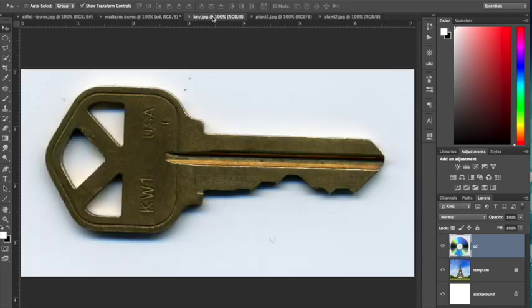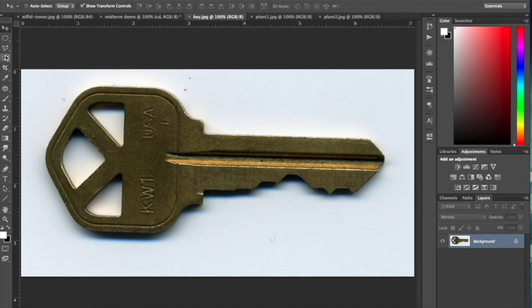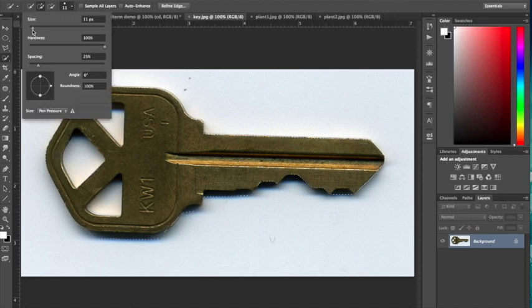Because I don't need it anymore. And I'm going to go to my key. Now with my key, I can select my quick select tool, which we've used in the past, and I can start to select the key itself. But you will notice that when I do this, I do get a lot of the shadows surrounding the key. Even if I minimize the size